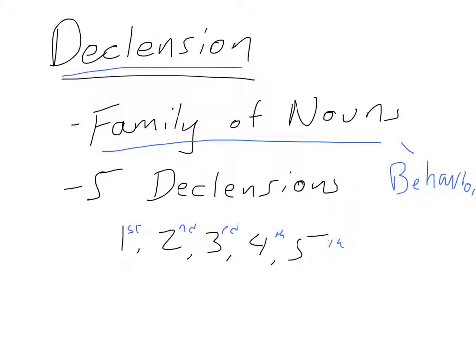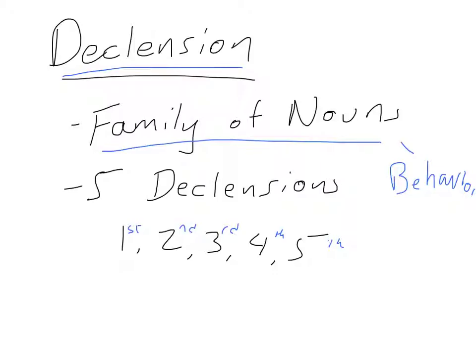So it's helpful to know what declension a noun is in, to know how it's going to act when we turn it plural, when we make it a direct object or an indirect object, which we'll talk about later, when we change its case, that is. So it's important to know what declension it is, but declension is just kind of an artificial way of us